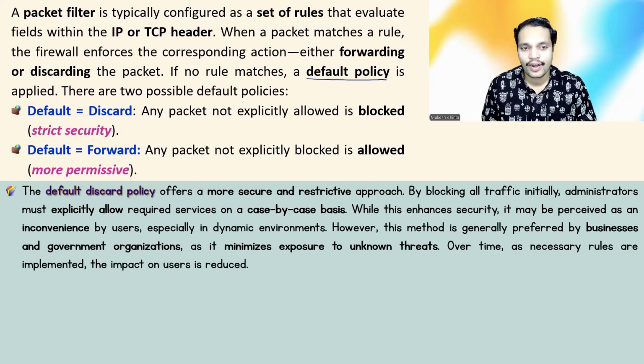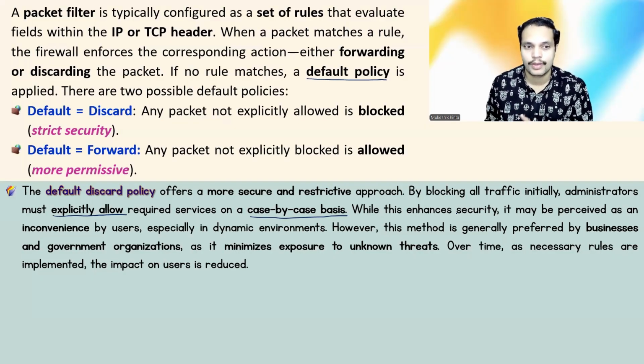Now, the default discard policy offers a more secure and restrictive approach. By blocking all traffic initially, administrators must explicitly allow required services on a case-by-case basis. That means you have to understand that whichever packet does not match a rule, you simply block it. Then it is the job of the administrator to review and decide whether the packet is to be allowed or not. This default discard policy provides good security because any packet which does not follow your rules